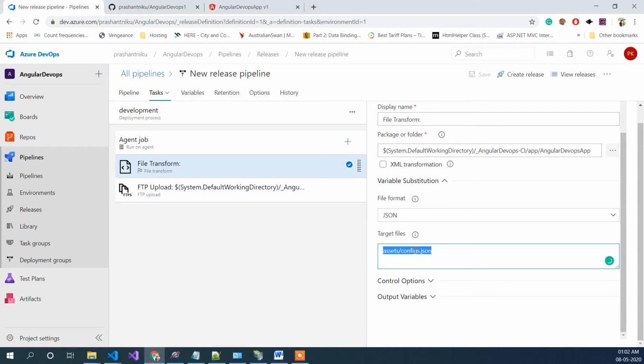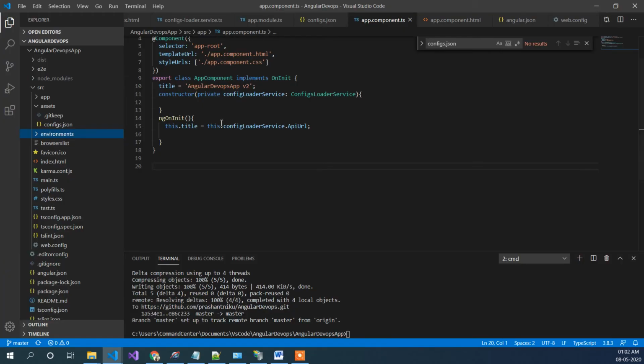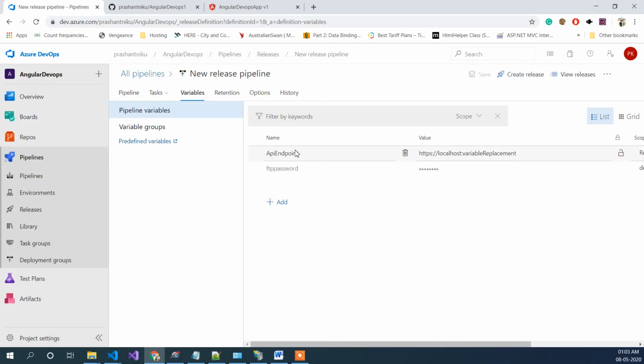So you will have that, so it will go here and it will look for the file, and what it will do, it will search for the keys which we have defined. So the keys which you define are going to be here. So API endpoint, if you go back and see what we have defined inside the config file, API endpoint is also there. So you need to match it in an exact way so that it will get